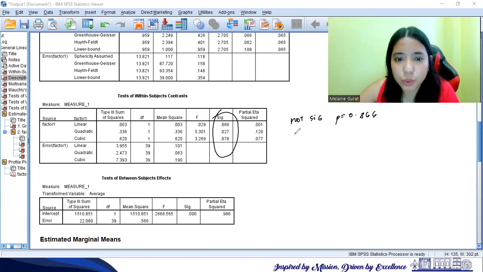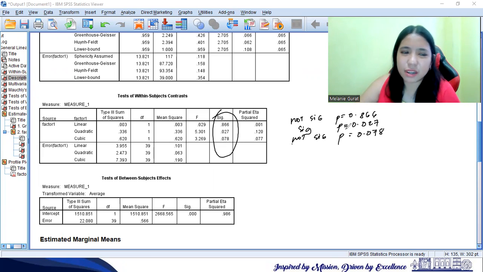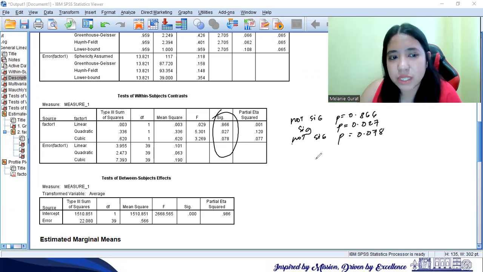There is no cubic relationship because again it's not significant, 0.078, but there is a significant quadratic relationship because the p is 0.027.